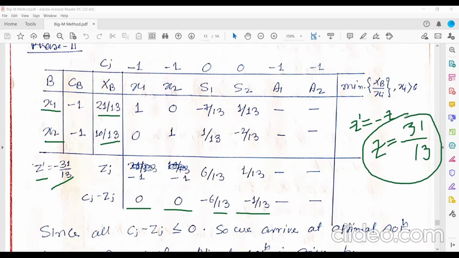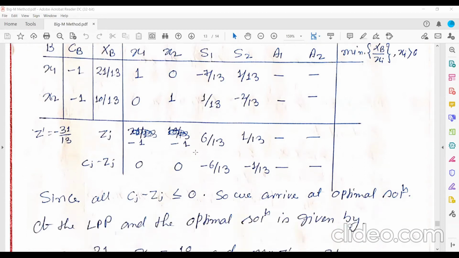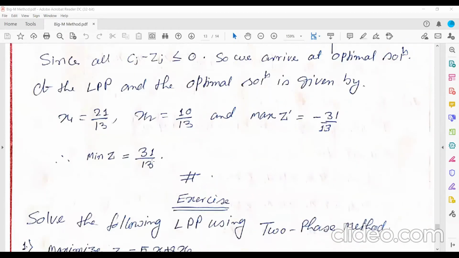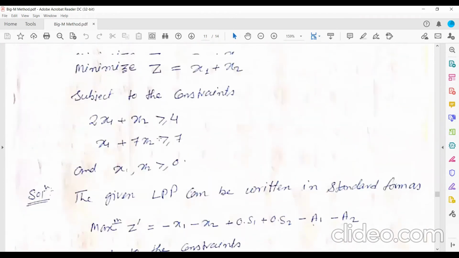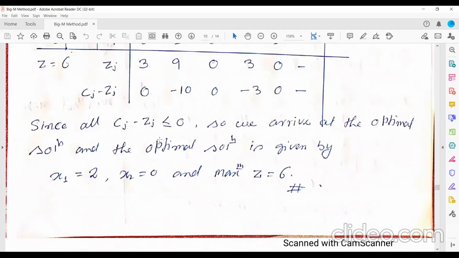Okay, now see, the same problem I have done by the big M method. So whether you have got the same result or not. What is the minimum value of Z here? 31 by 13. So today I have done the same problem using the big M method.